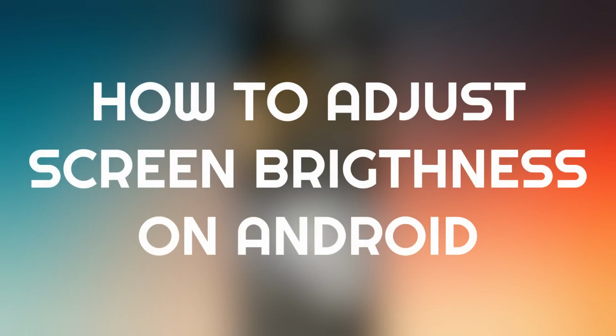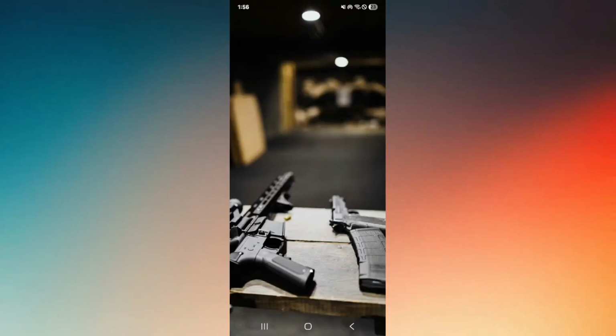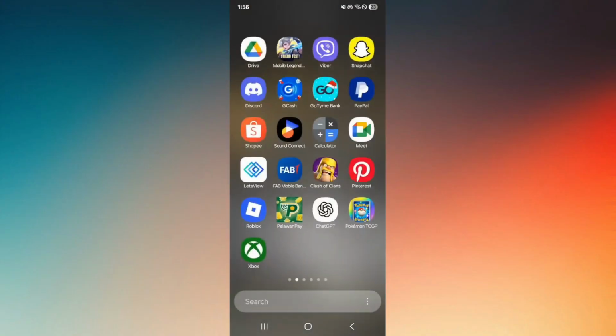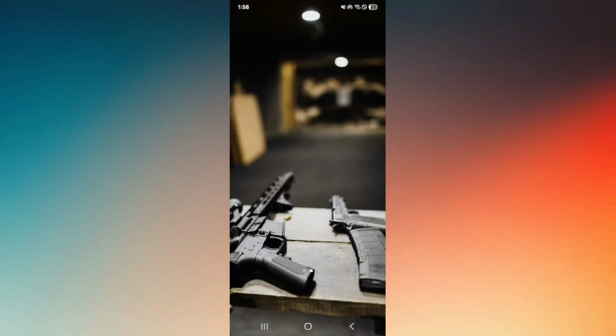How to adjust screen brightness on Android. Now in this video, I'm going to be showing you how you can adjust, decrease it or increase it, your screen brightness on your Android device. It's very simple. So usually, depending on what type of phone you're using, especially for Android devices, if you go